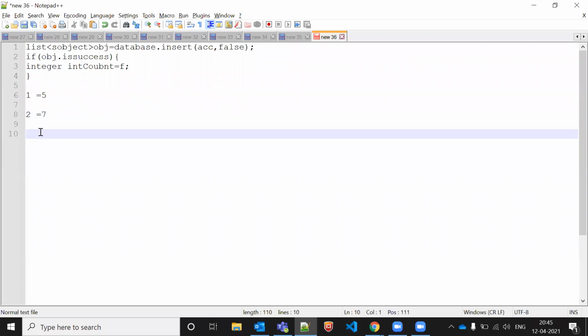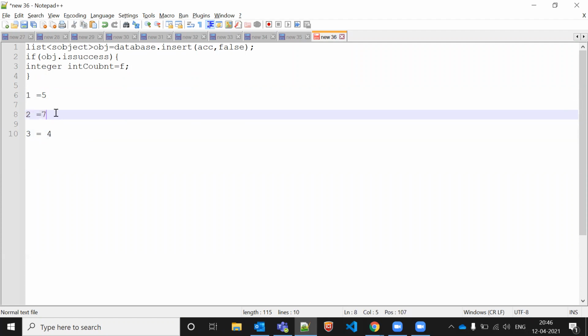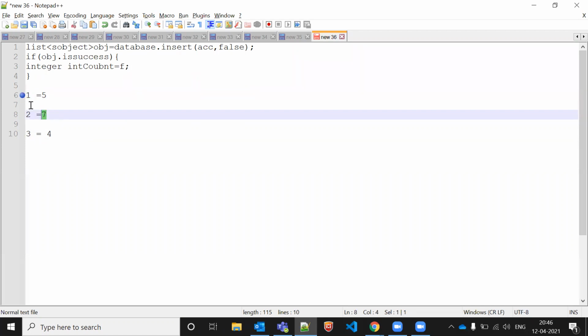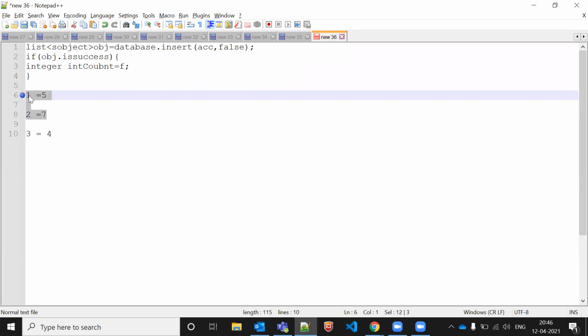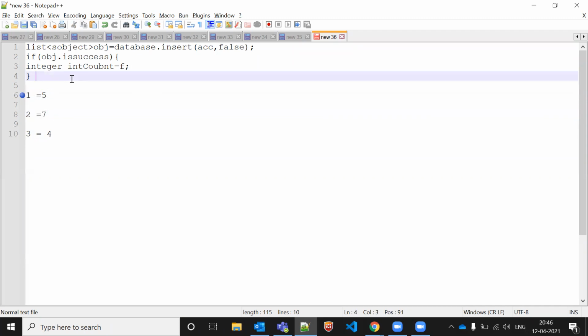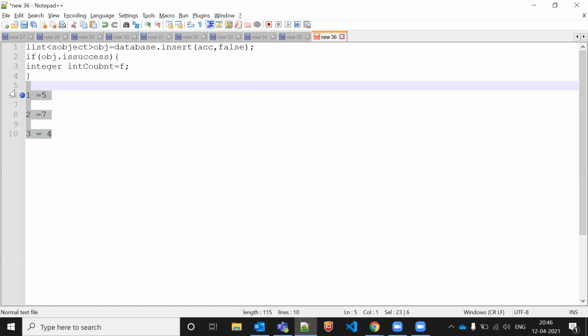If my third batch comes, then the second batch's count is reset to 0, and the third batch comes in, let's say 4 records failed. So if a new batch comes, the previous batch's count is made 0. We are not able to maintain the state of the transaction. That's why they ask questions like this.